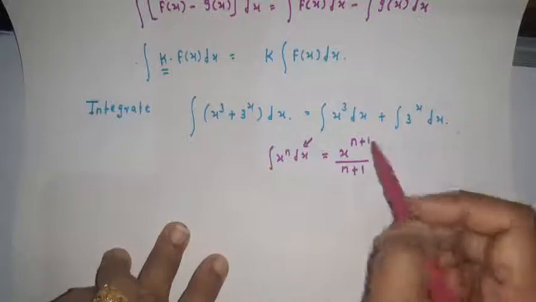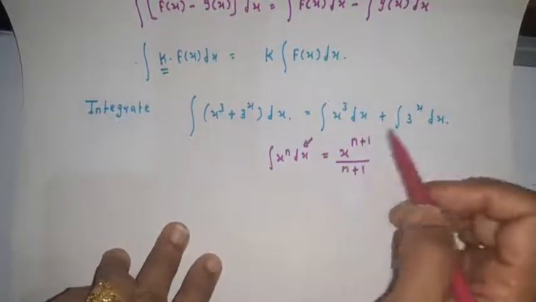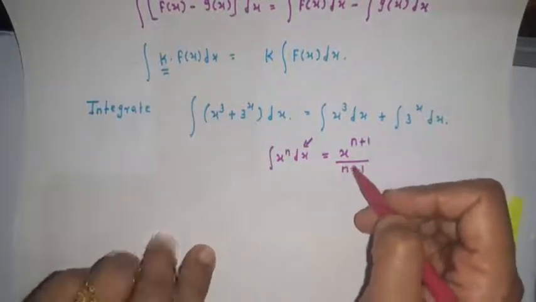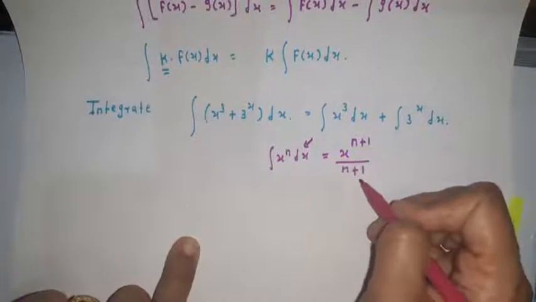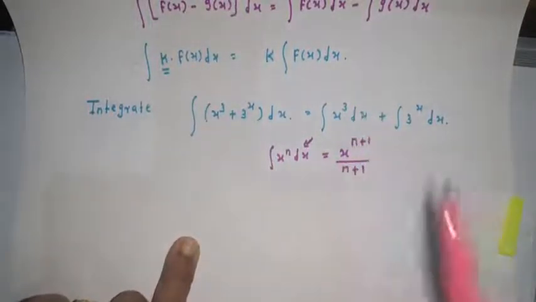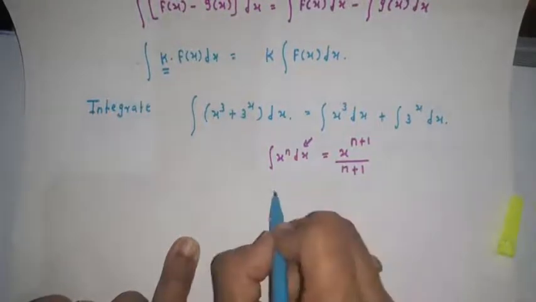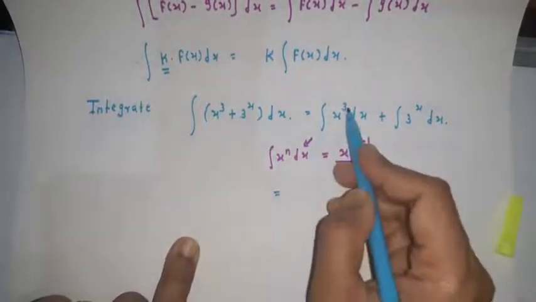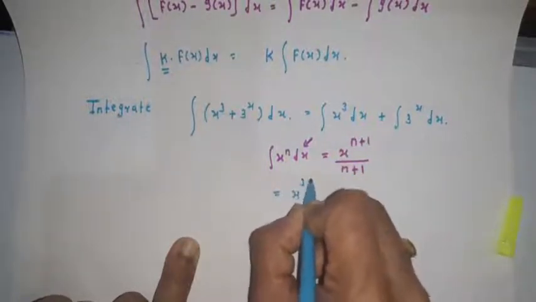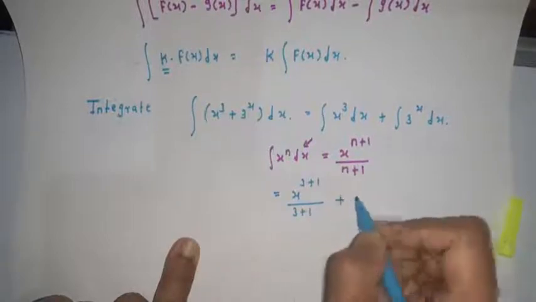In differentiation, the x raised to n formula is n into x raised to n minus 1, and here it is x raised to n plus 1 upon n plus 1. This is the formula for the first function. And that's why its integration will be, the value of n is 3, x raised to 3 plus 1 upon 3 plus 1, plus